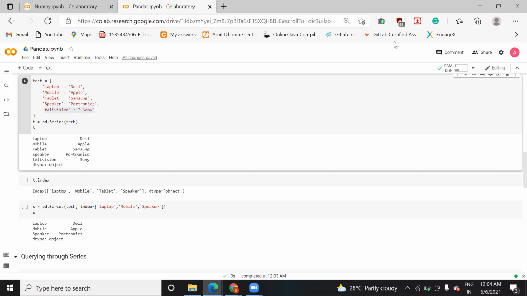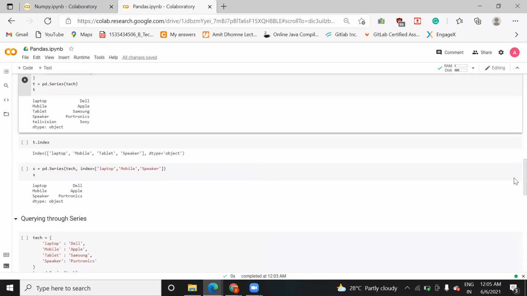Welcome to my course. In this video, we are working with the pandas library, and in this lecture, I am going to explain how you can play with the pandas library and how you can perform different functions with the help of this Python pandas library. I've already explained in my previous video how you can create a data frame and a pandas series. Here we are going to see some more stuff in Python.